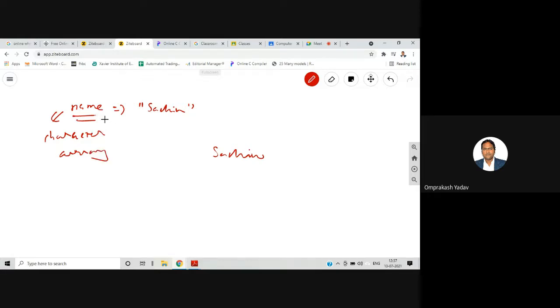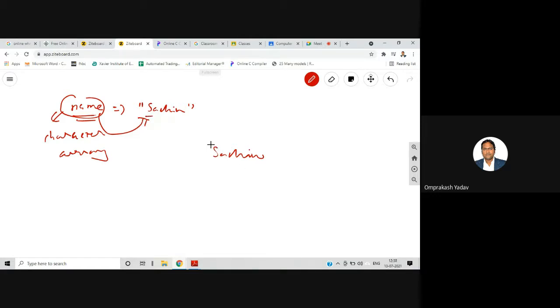The array name will point to the first character address, right? So it's a pointer. The name of the array is a pointer which will be pointing to the first character address. So it will have the address of the first character.